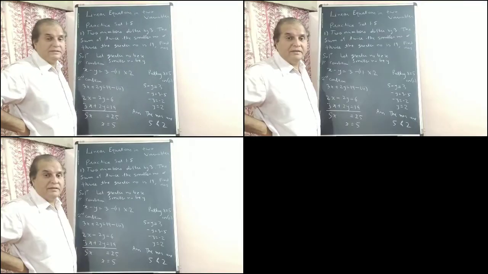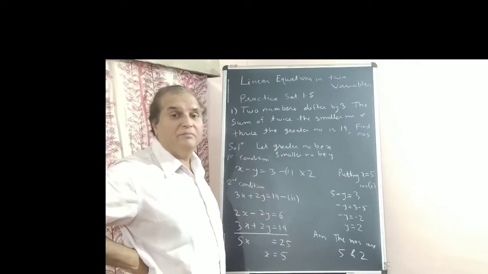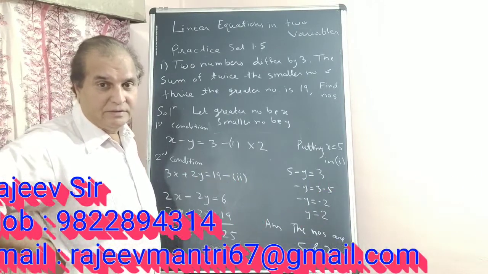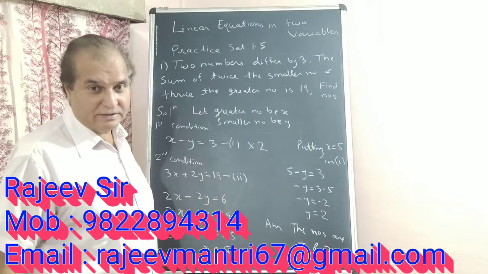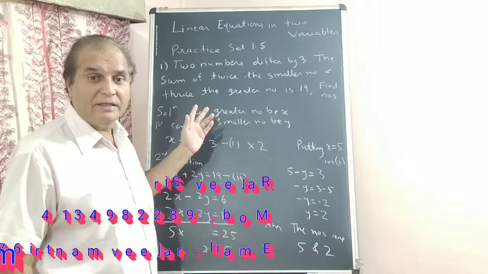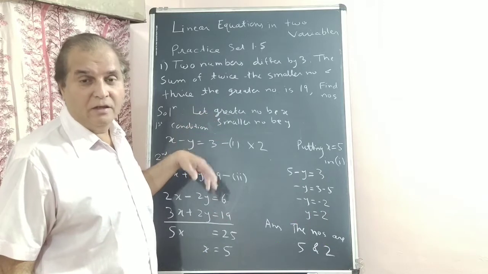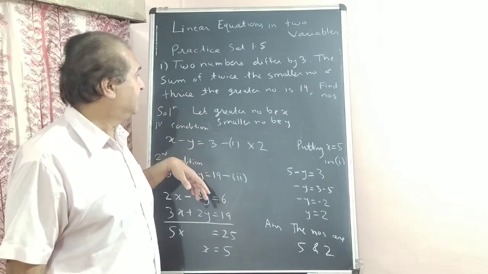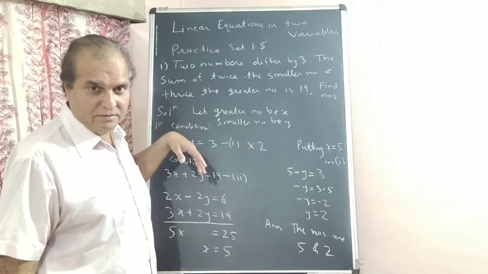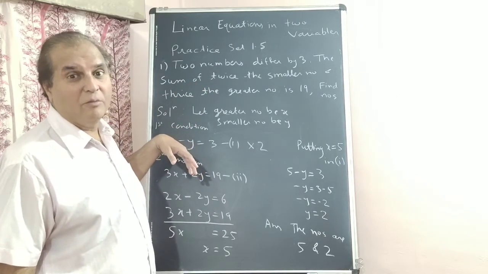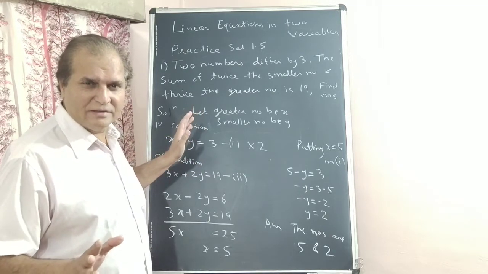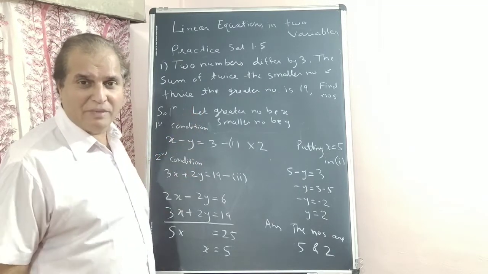See, we are moving to practice set 1.5. There are word problems, means sums are written in words. You have to convert to x and y linear equations in two variables or simultaneous equation. Understanding? From condition you have to solve. Getting? That's why they come for more marks. See, understand, just practice. Practice makes everything simple.